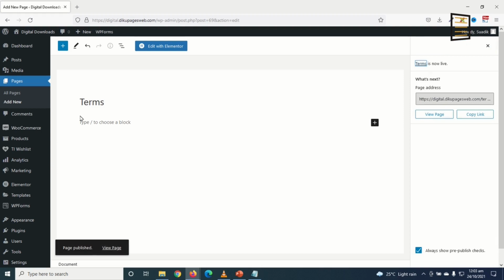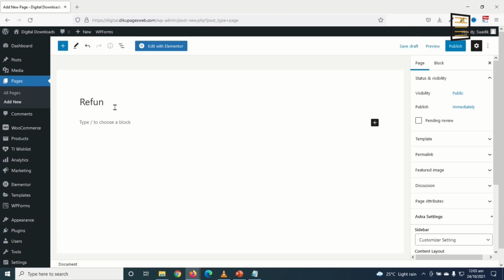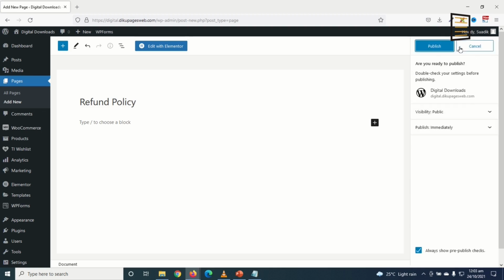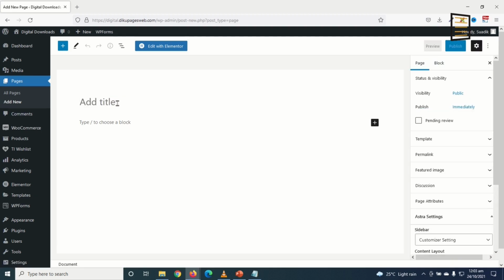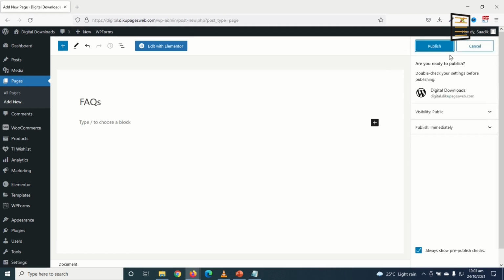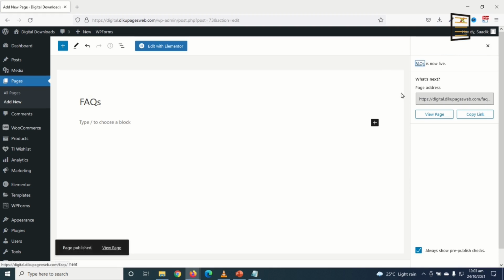So you can say either terms or terms of service or terms and conditions, whichever way, add new, refund policy, publish, publish again, add new. The final one, I'll call it FAQs, publish, publish again. So you can create as many pages as you want.